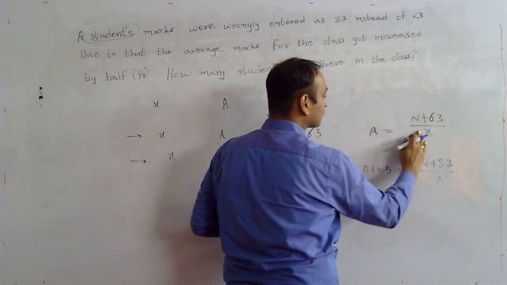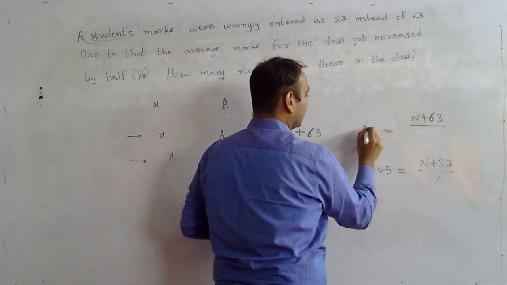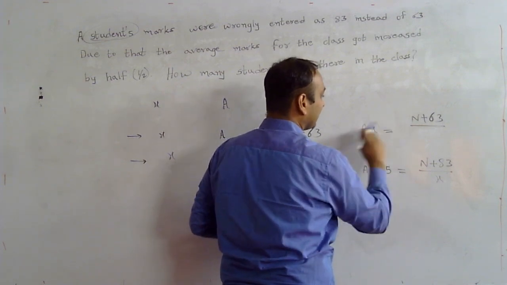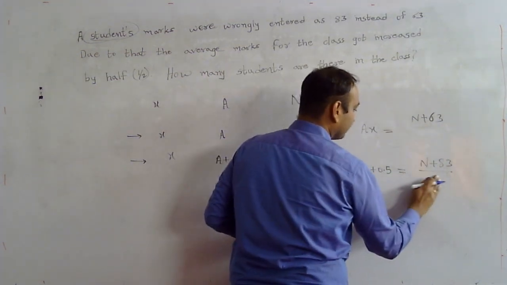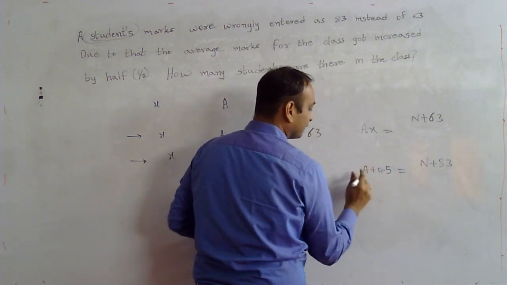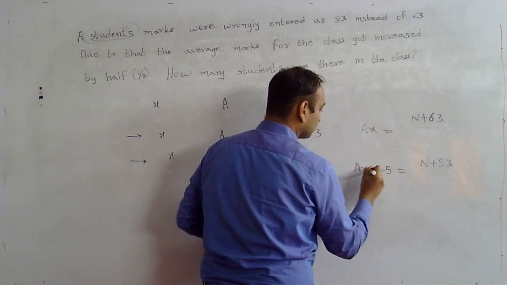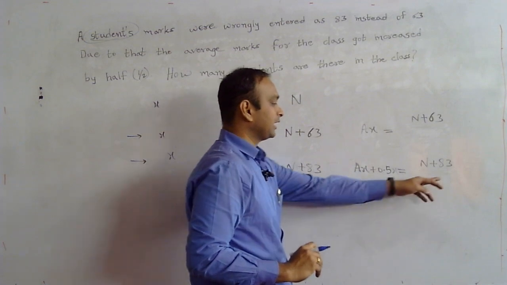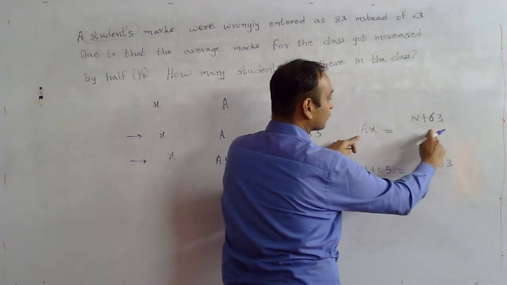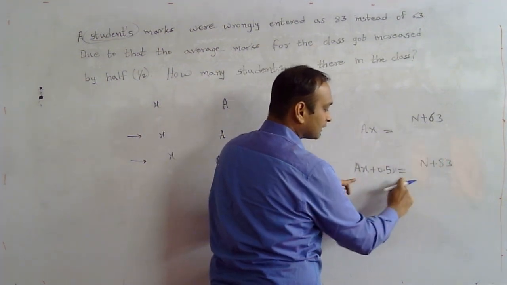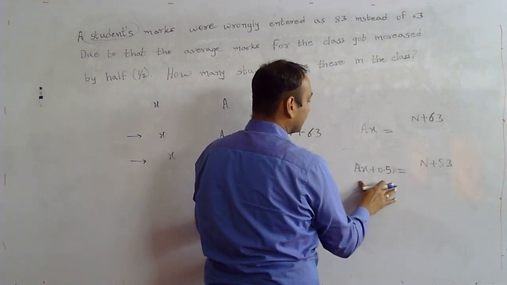I will make the changes over here itself. So this will become AX. Here we have AX when we bring this X on this side. So AX is equal to N plus 63 is the equation, and if I bring this X also on this side, it will become AX plus 0.5x, since it gets multiplied to both AX and 0.5. Now we have these equations: AX is equal to N plus 63, and AX plus 0.5x is equal to N plus 83. Let's subtract the second equation from the first equation.